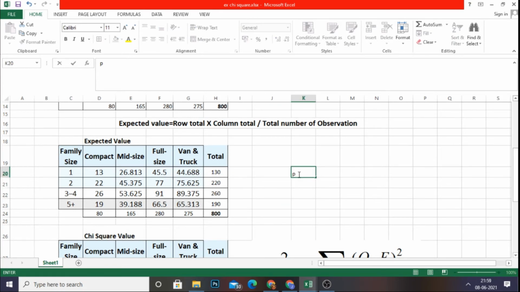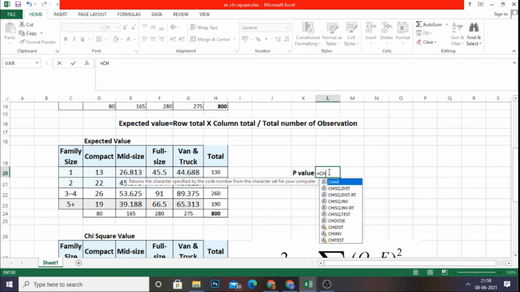I am just going with p-value, work with the equal to symbol. I'm going to type CHI.